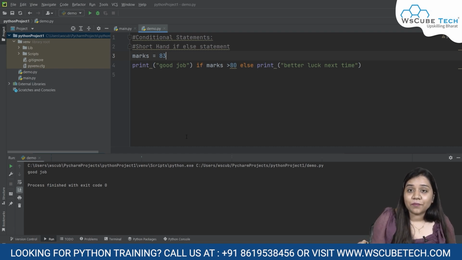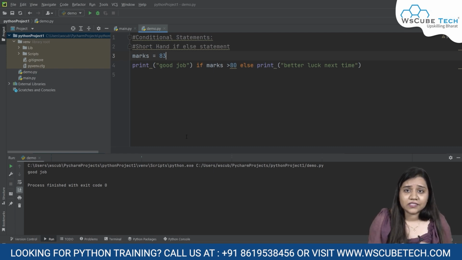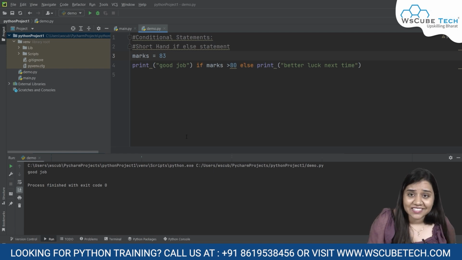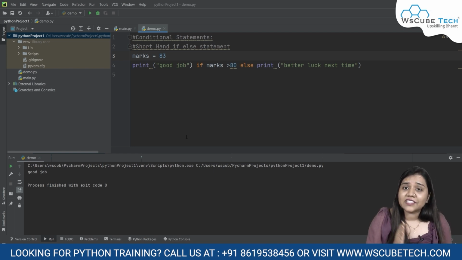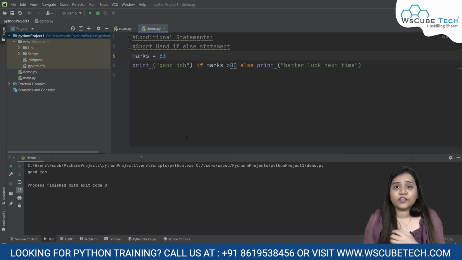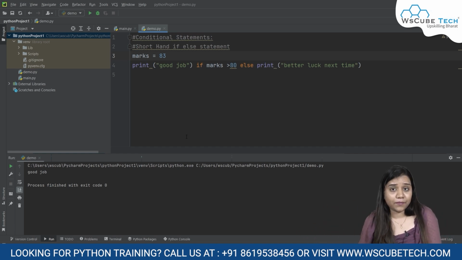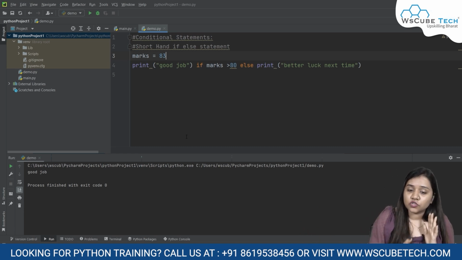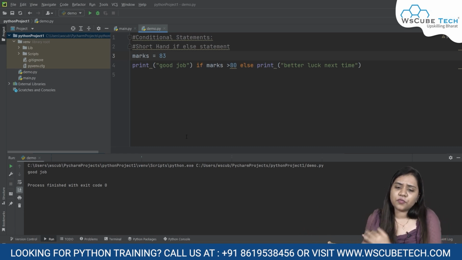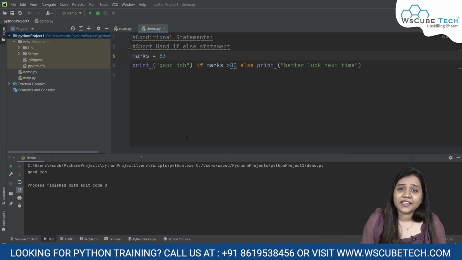That's how we can write a statement in one single line. Simple method, we just have to write the print, what we want to write, if that condition is satisfied. So if the condition is satisfied, what needs to be done has to be written first. Second thing is the condition itself. Third thing is if it is not satisfied, what will happen, that is the else, and again what will happen will be written down. So print good job if marks are more than 80, else print better luck next time. This is your single line shorthand if-else statement,